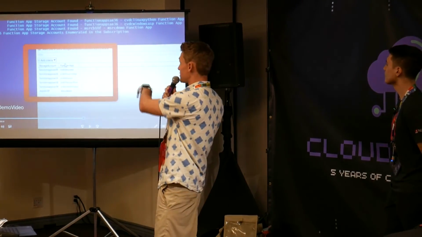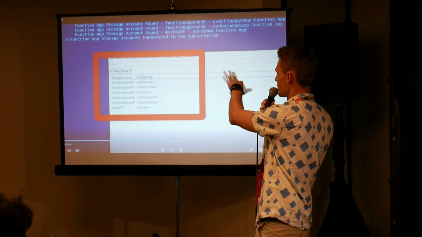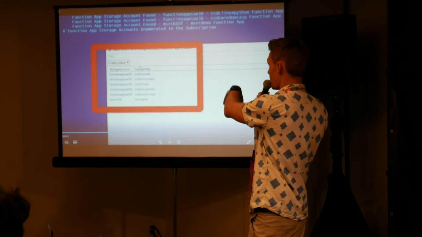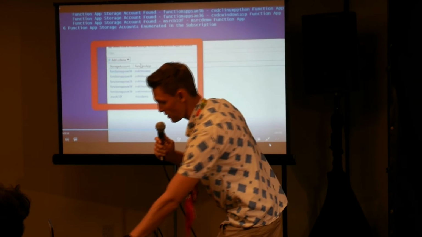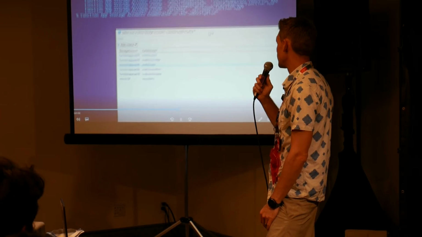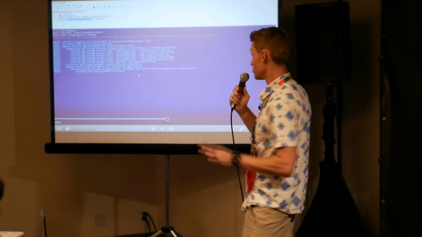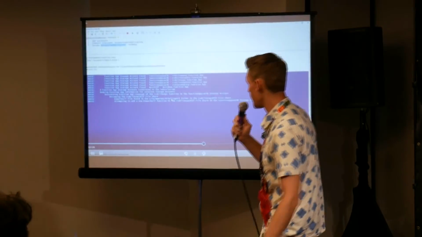So it identified 6 different function apps, or 6 different storage account function app combos here. We're going to pick a specific one, the Linux PS one, which is a Linux-based PowerShell function app, and choose to exploit it. Now, I did fast forward the demo video here just a bit, because normally what will happen